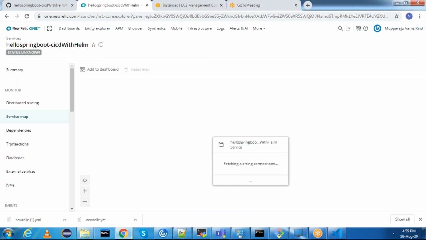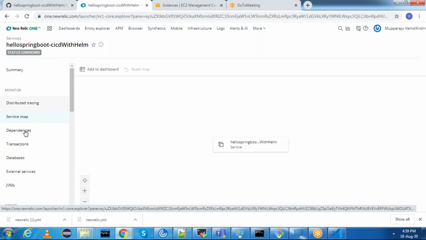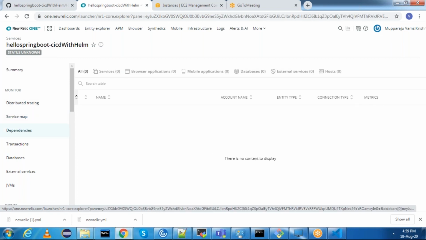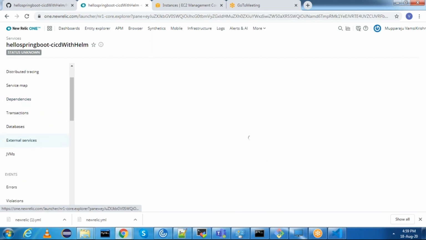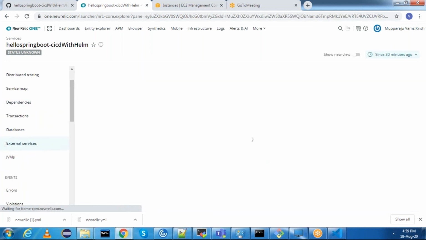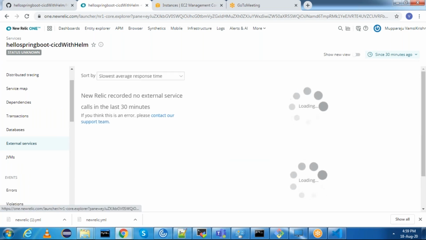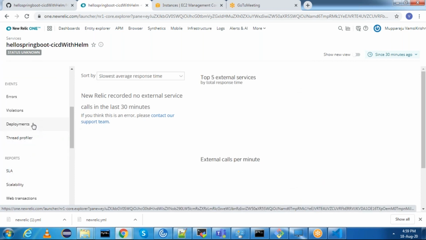Okay, this is just the service map. And then click on this. We have seen dependencies fine, external services. There are no external services.